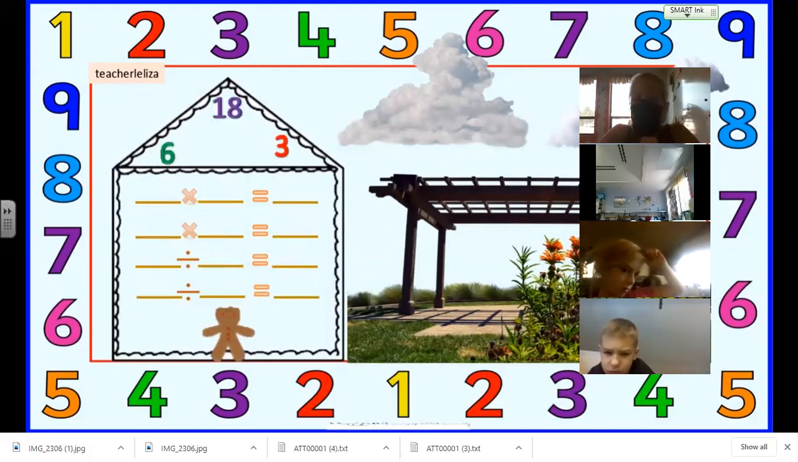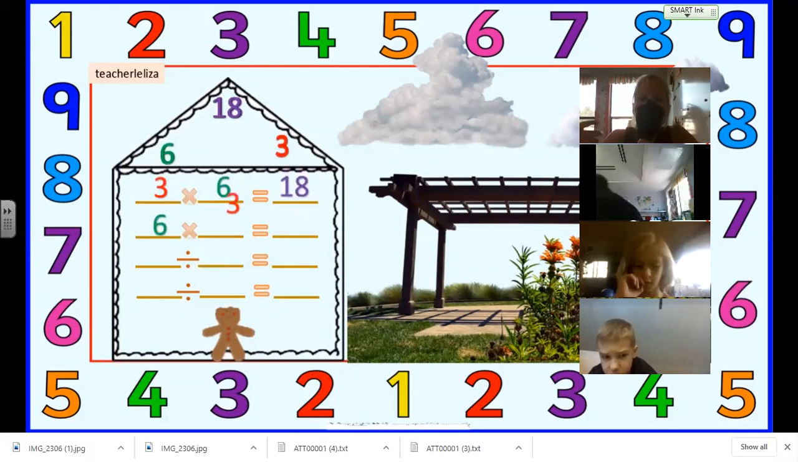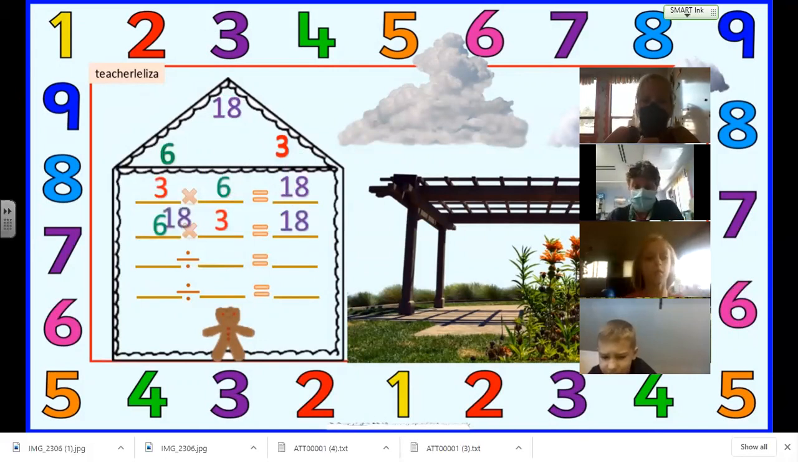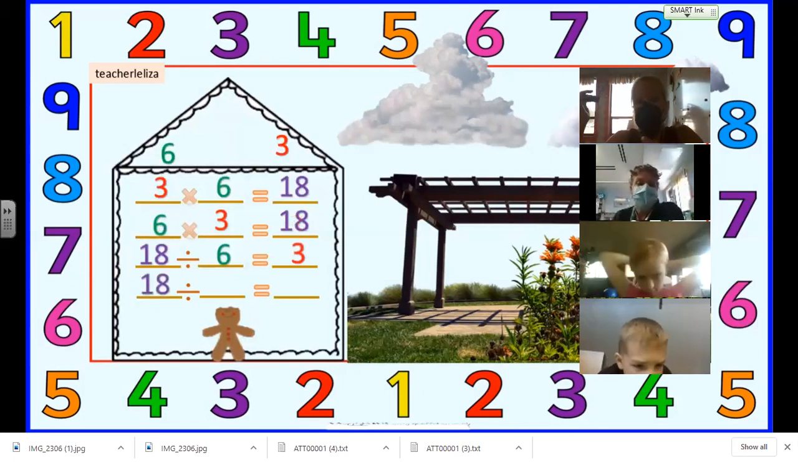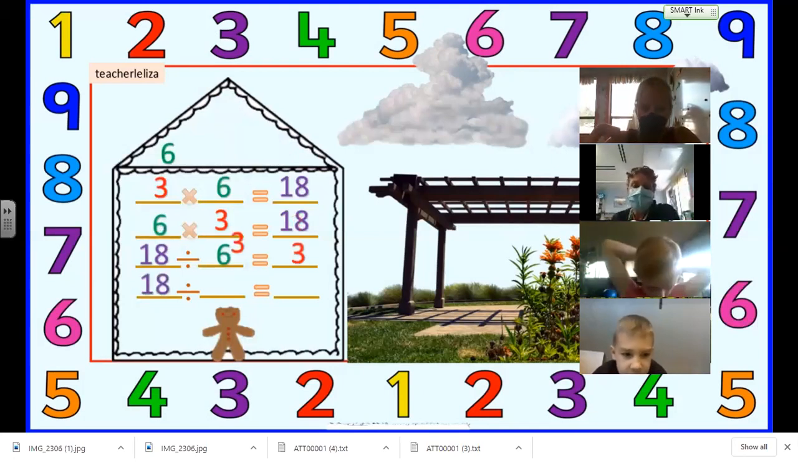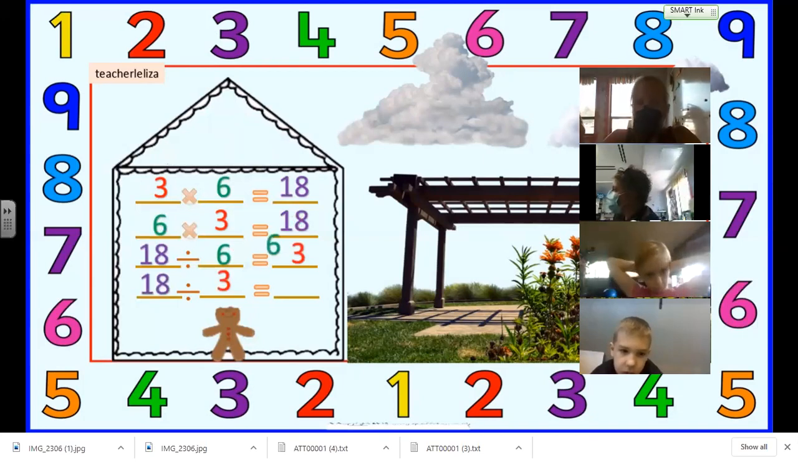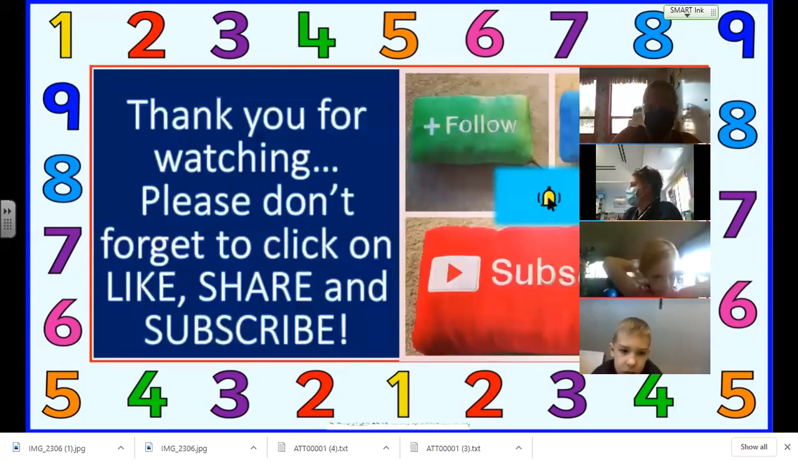Now look, the same thing with 6, 3, and 18. If you know 3 times 6 is 18, because of commutative property, 6 times 3 equals 18. That's the product. Your factors are 6 and 3. Now for division, if you know 6 times 3 is 18, 18 divided by 6 is 3, and 18 divided by 3 is 6. They are related. Okay, so that was